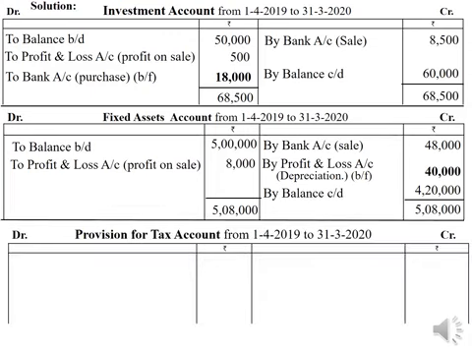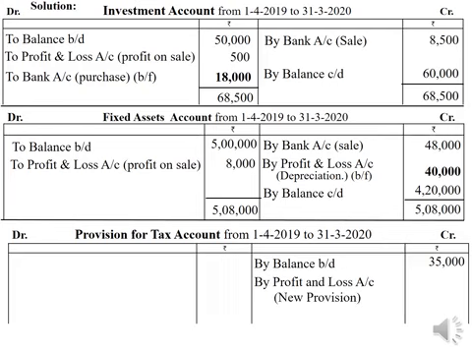Okay. Next account is provision for tax account. It is a liability, therefore opening balance will be on credit side. By balance brought down rupees 35,000. In the problem, it is given provision for tax made during the year, rupees 49,000. So it will be added to old provision, recorded on credit side of the account. So by balance brought down 35,000. By profit and loss account, new provision made during the year, 49,000. These have to be added.